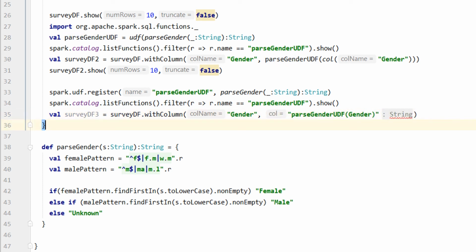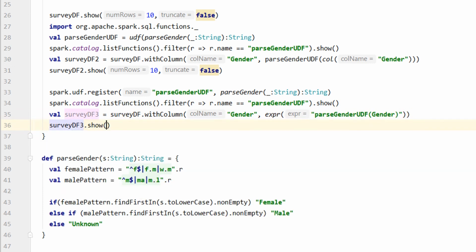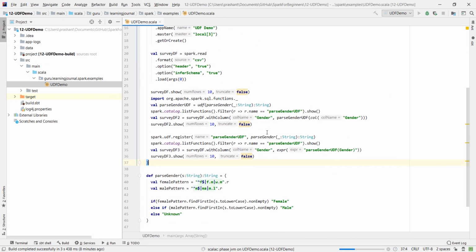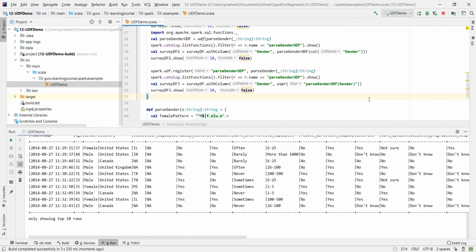However, we have a small problem. The withColumn doesn't take a SQL expression. But that's not a big problem, right? We can use the expr function here. You already learned it in the earlier video. Now the Spark engine will parse this string at runtime and resolve the UDF and the column name from the catalog, right? That's all. Let me run it and show you the outcome. Good.